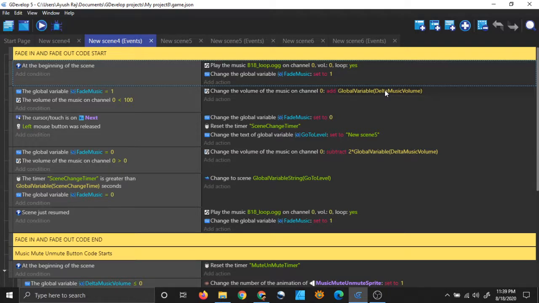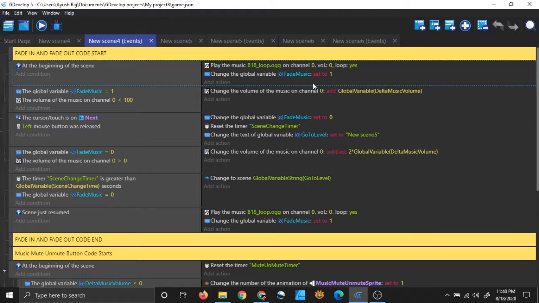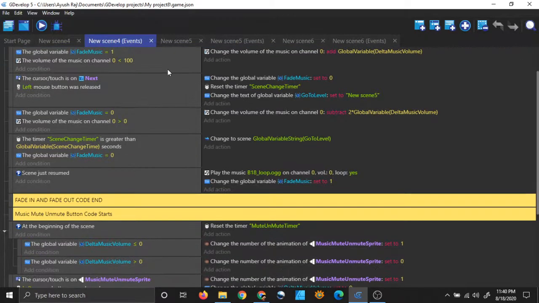So delta music volume is a global variable which tells how much should the game add to the volume every frame. And how much should it add? Let us see. It is a global variable. So delta music volume 0.04. We will add 0.04 to the volume of our music channel every frame. So that's what this command does.